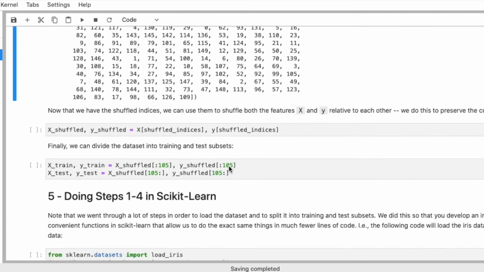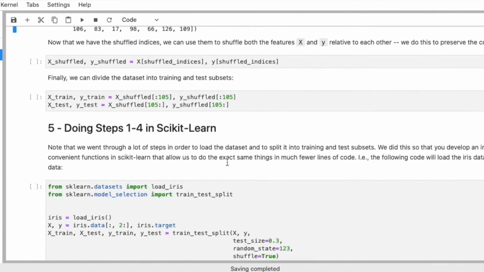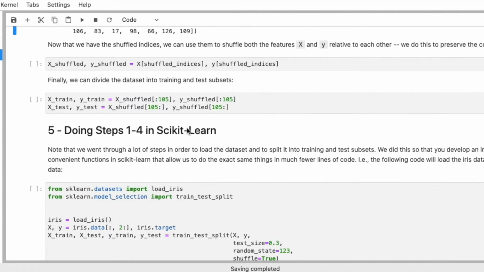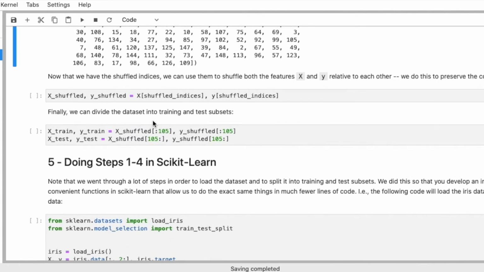Sorry. All right, so why did we shuffle the indices, and why didn't we just shuffle the label array directly? That is because we want to shuffle the feature array accordingly, right? Each label corresponds to a row in our matrix X, so we have to reuse the shuffled indices.